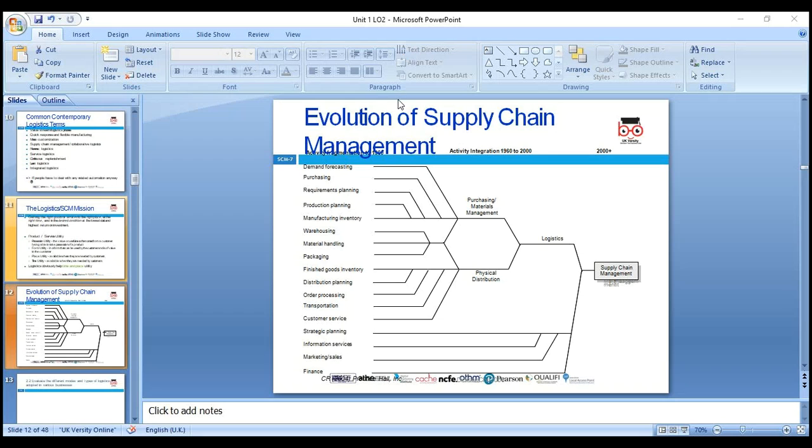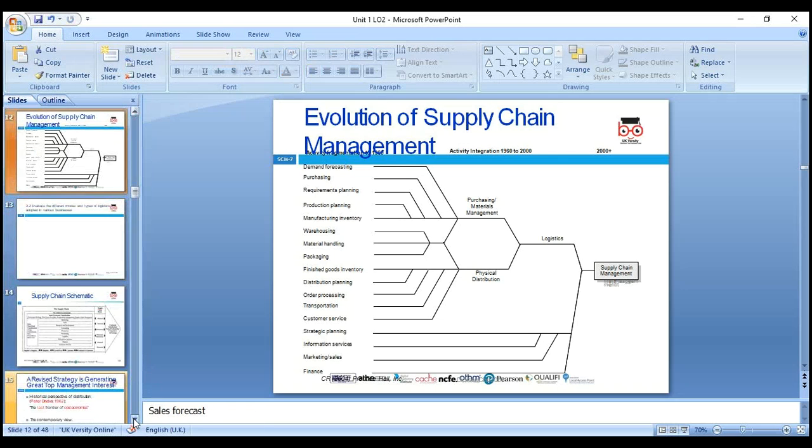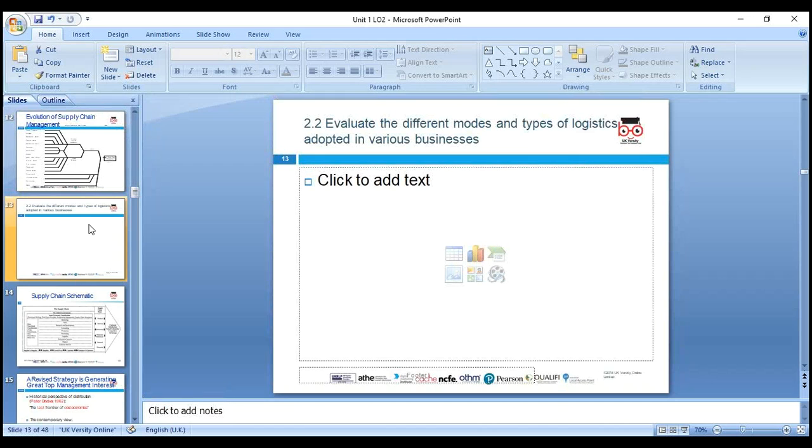Whenever you make any budget, especially in production and manufacturing, the first thing is a sales forecast. If your sales forecast is right, you can buy the right stock at the right level. So that's the main thing we need to focus on. Any question? So supply chain management can contribute huge benefit in terms of cost reduction for future planning